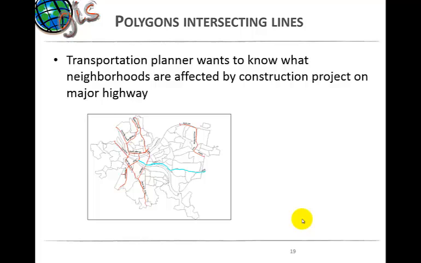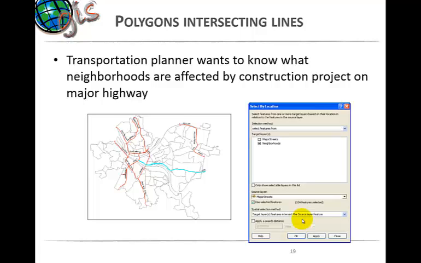So what's another selection? Polygons intersecting lines. Sometimes we need to know what jurisdictions or cities or counties are affected by a construction project on a major highway, so that you can send them notices or work with them. There could be different applications to the same methodology, same process. Again, we go by select by location, we select the neighborhoods, we select major streets, and